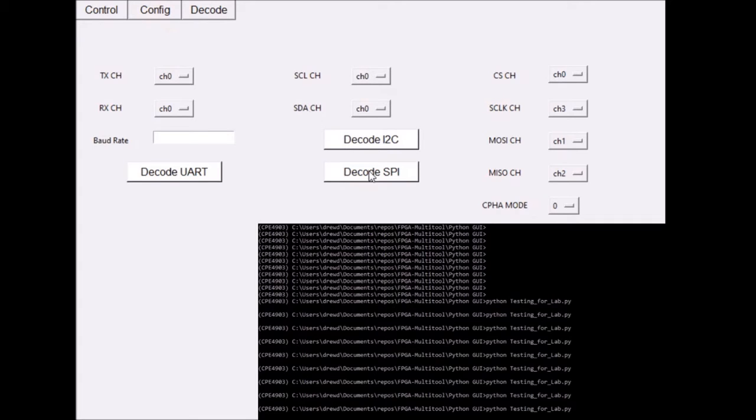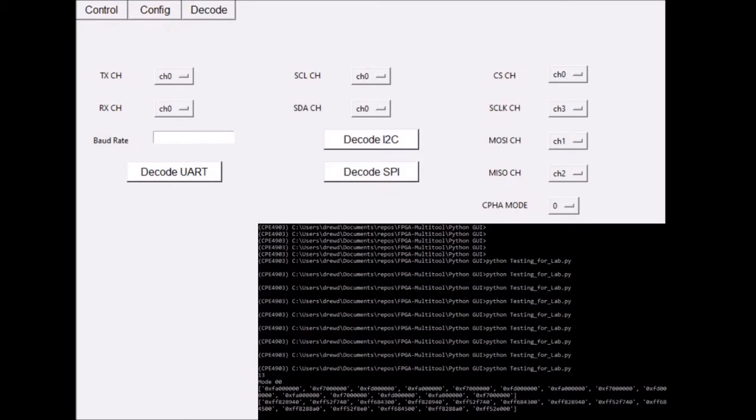Now we can just hit decode SPI, and you can see it decoded those packets. So we see it sending FA, F7, FD, which is just saying I want the temperature, I want the pressure, and I want the humidity. And this is just the reply the temperature, pressure, and humidity sensor is sending back,